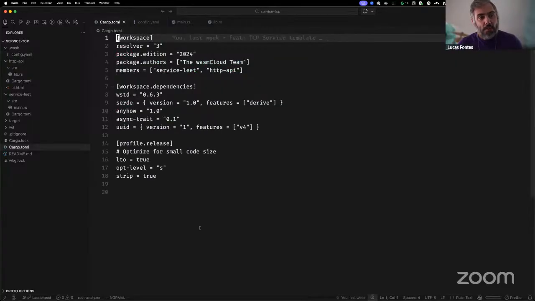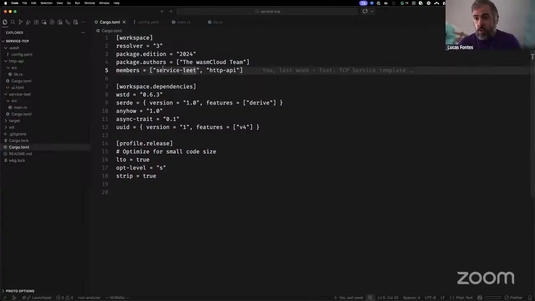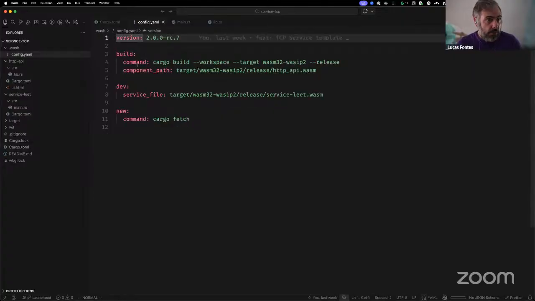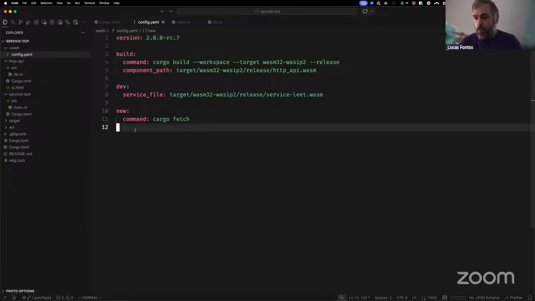The very first thing is this is a Rust project, and where before we could only have one component per project, now you can have a regular cargo workspace where you might have multiple components, or you might have some components interleaved with your own binaries, your own crates, and inside your wash configuration,